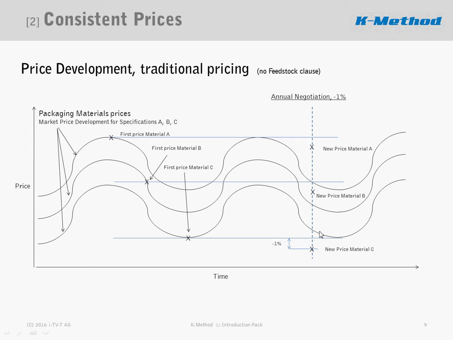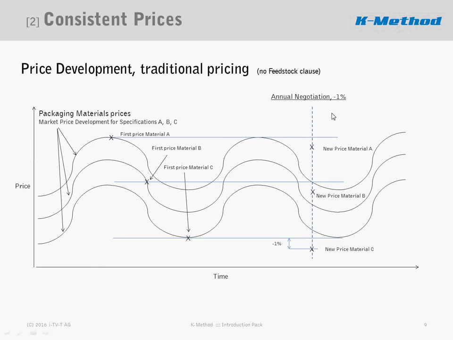He will decline to supply you at this price, and you have upset the whole supply chain. So the situation which started with consistent prices became inconsistent because of the underlying market development,